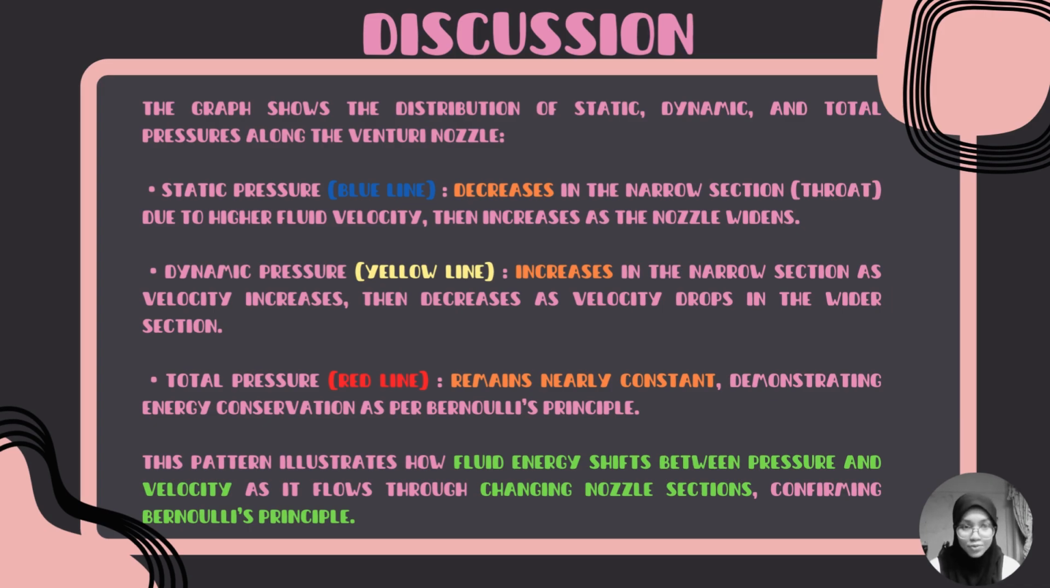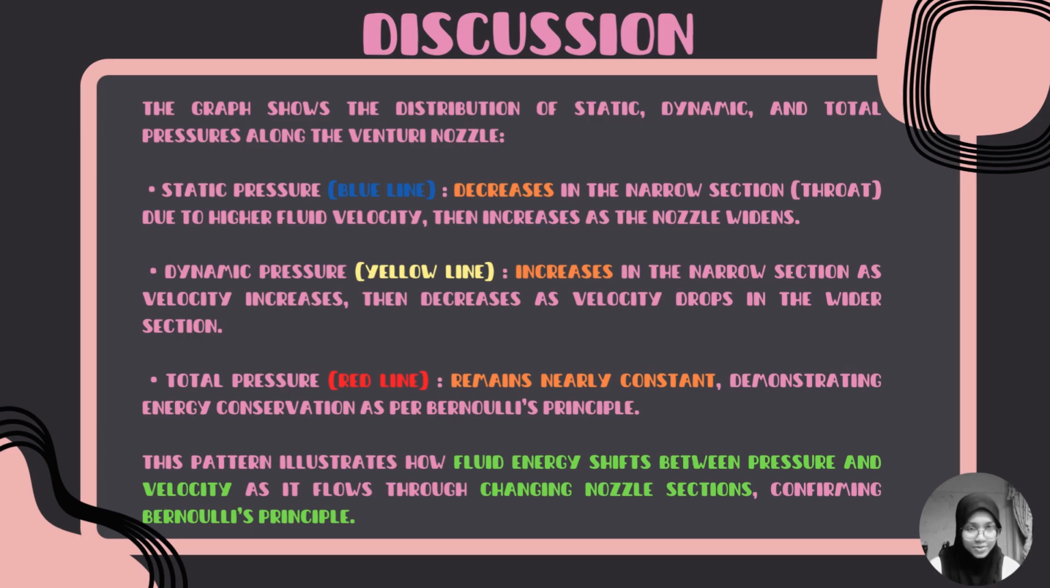Static pressure, which is the blue line, decreased in the narrow section due to the higher fluid velocity, then increased as the nozzle widened. Dynamic pressure, which is the yellow line, increased in the narrow section as velocity increased, then decreased as velocity dropped in the wider sections. And the total pressure, which is the red line, remained nearly constant, demonstrating energy conservation as per Bernoulli's principle. This pattern illustrates how fluid energy shifts between pressure and velocity as it flows through changing nozzle sections,